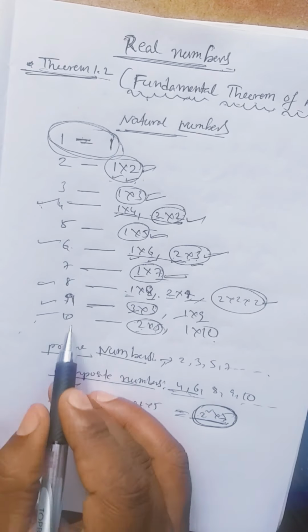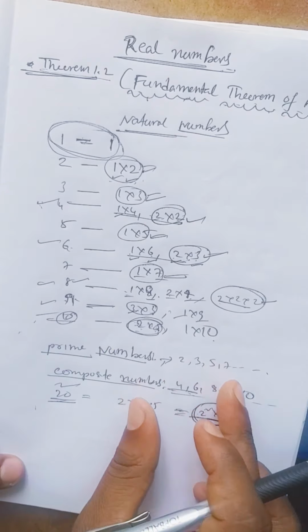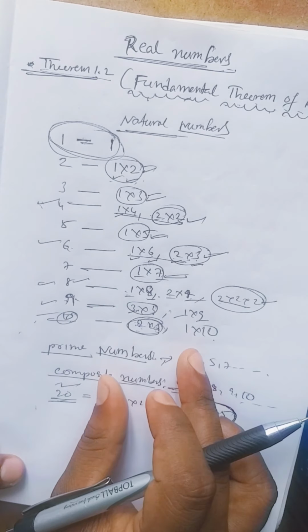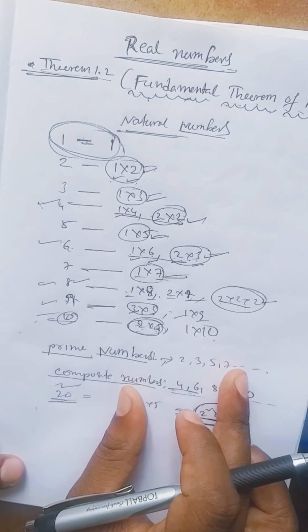Only 2 and 5 can give 10. 3 into 3 can be possible only for 9. 2 into 2 into 2 can be possible only for 8. So this factorization is unique. Every composite number can be expressed as a product of primes, but also the